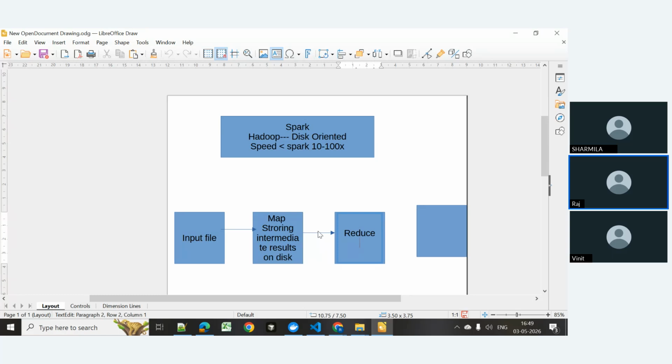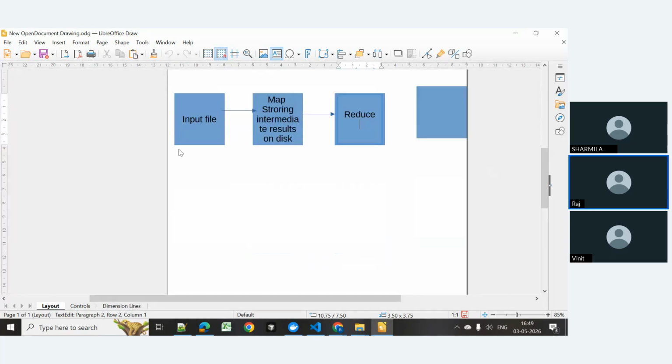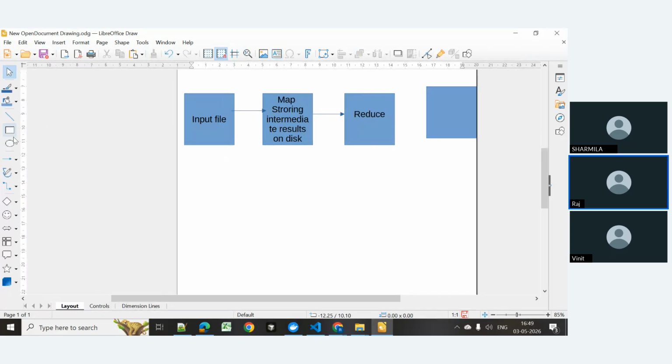So every time it has to read, write, read, write, read, write. So a lot of read and write operations are taking place. Because of this, Hadoop was taking longer time to process when it goes to huge amounts of data. So that's why it was consuming a lot of time. But within Spark itself, what we are doing is,